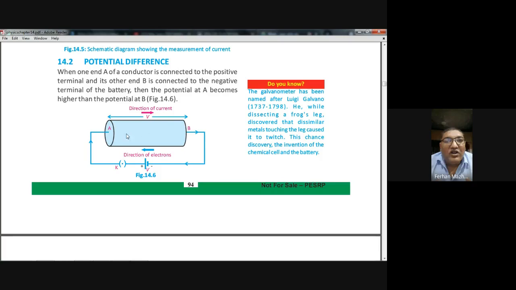Now, if you know how much charge is flowing, very simply you can find the potential difference. For example, if 5 coulomb charge is flowing, I will divide the energy by the charge, and that will give you the potential difference. So potential difference is basically the energy per unit charge, or the actual definition is the amount of electric energy converted into any other form of energy when unit charge flows through a resistor.